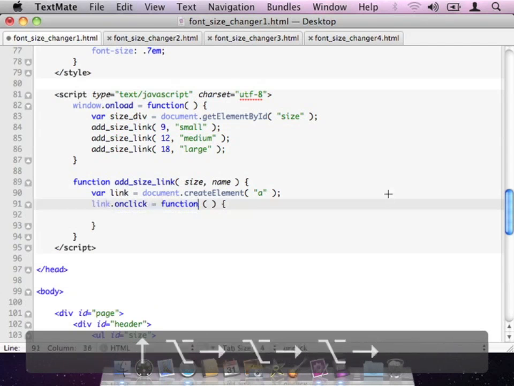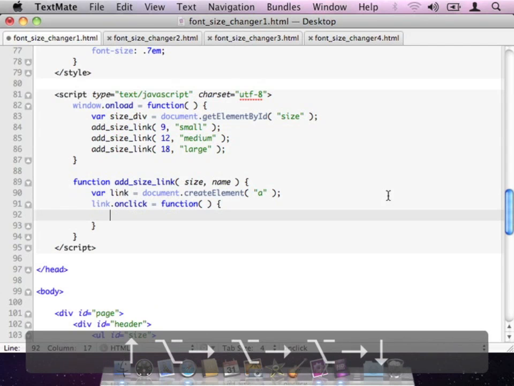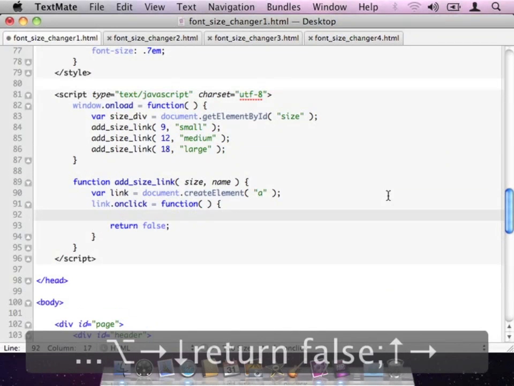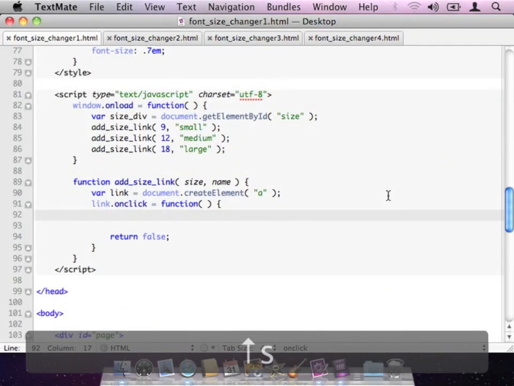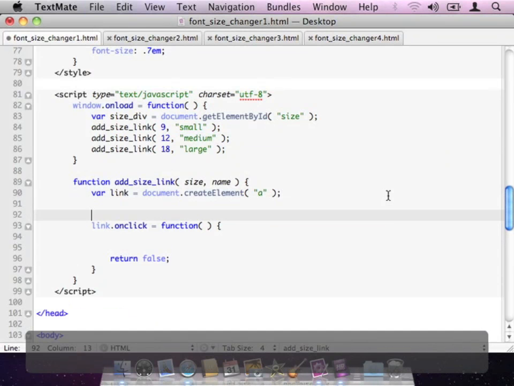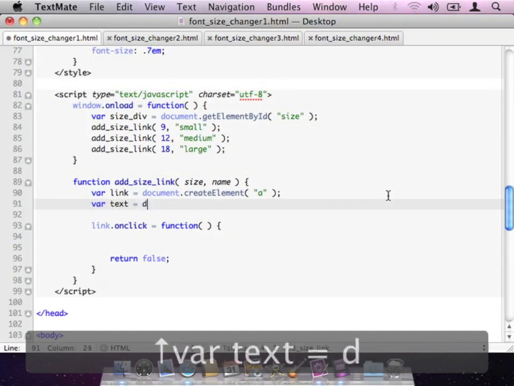Something like this. A space in there I don't like. So this is where I would actually then create the cookie, and at the end of it I'm going to return false so that it doesn't actually try to go anywhere. So here I simply wanted to create the cookie. Oh, I also still need to add the text to it as well. Almost forgot that. So let me do var text equals